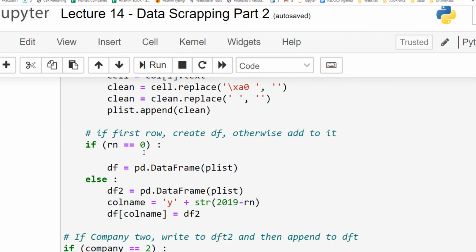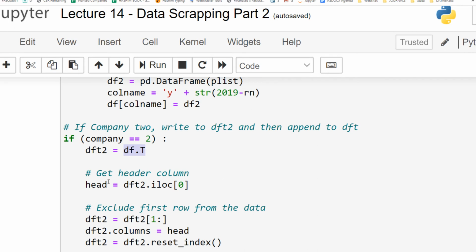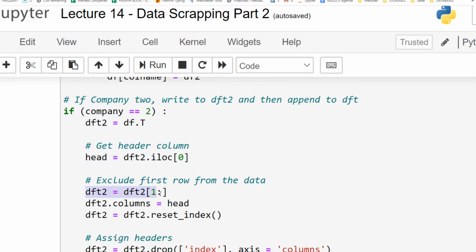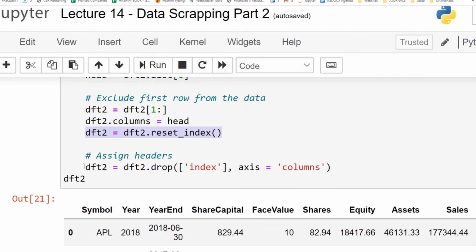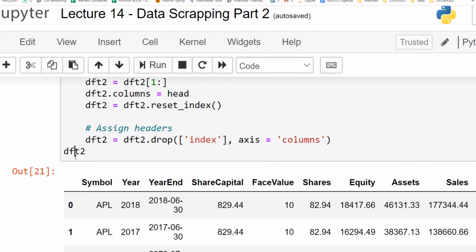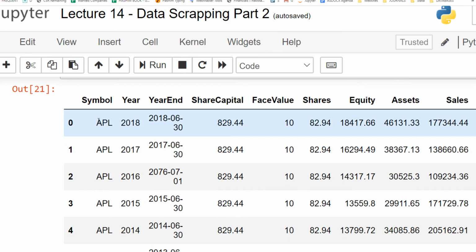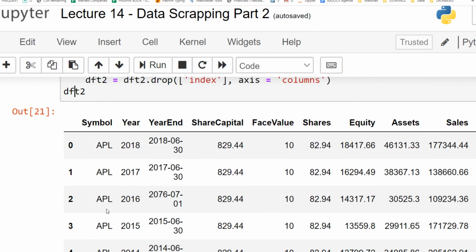We had done the same with the previous one as well. Then we obtain the header column, we obtain the rest of the data excluding the header column, we append the column names to it, and we reset the index. We drop the index column that we had, and now we get the df2 data frame, and in this we have the data for APL.